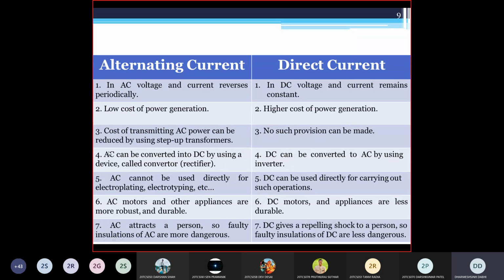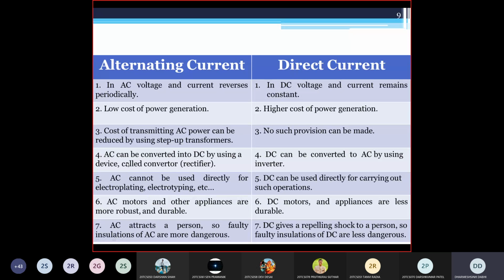Third point, the cost of transmitting AC power can be reduced by using the step-up transformer. Clear? So why is the cost of transmitting AC power reduced by using the step-up transformer? Because as you increase the voltage when you transmit the AC power, the current reduces, so the overall diameter of the conductor will reduce, because the amount of current will reduce. Clear? By this way you can reduce the cost of transmitting AC power. In DC there is no such provision, because you cannot step up and step down the